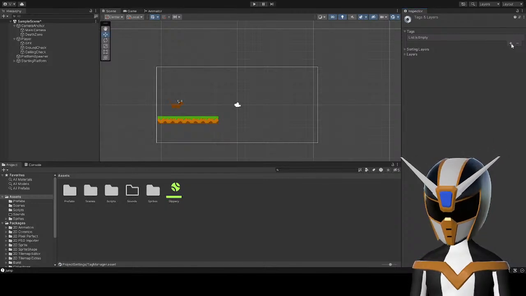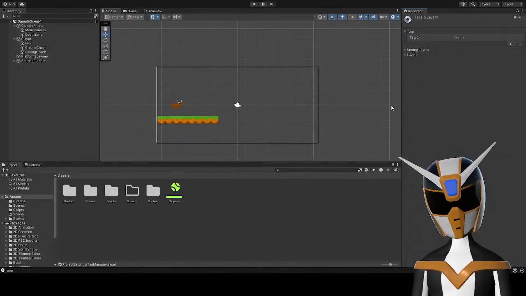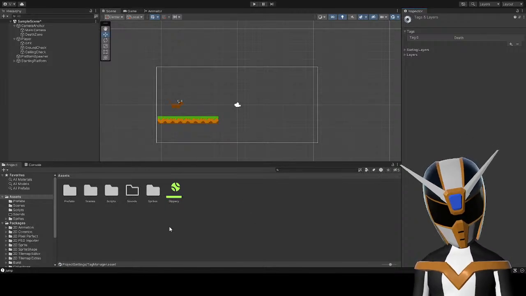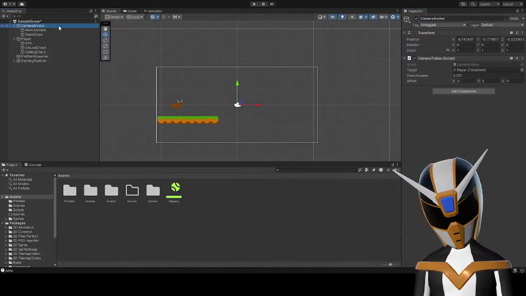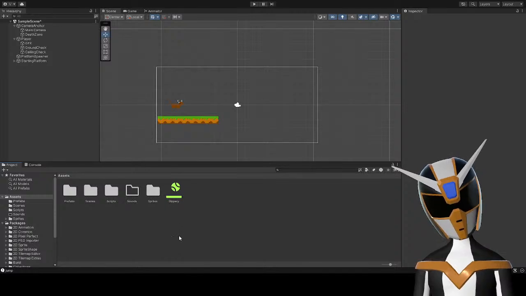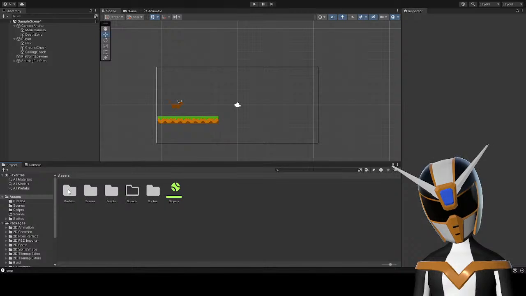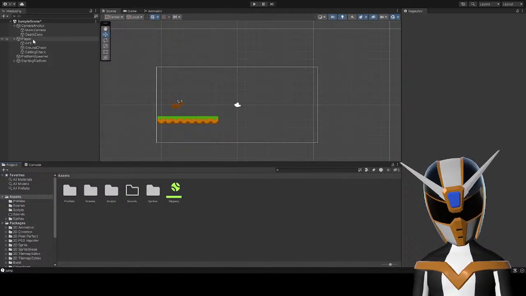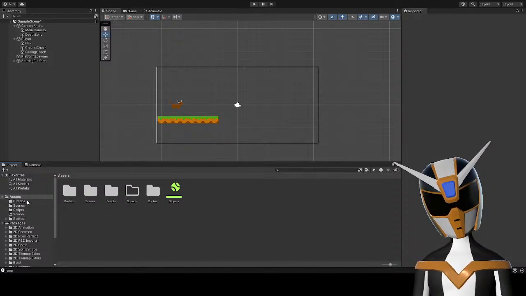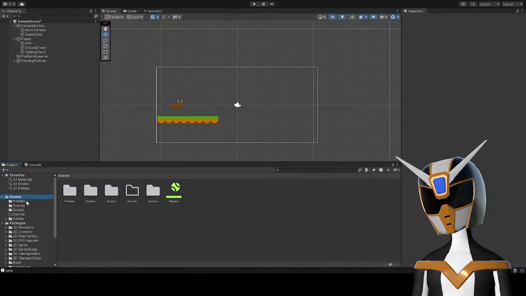Add the death tag, and I can add that to any like enemy that I might want as well. And then I don't know if I really need a health script, because I think this game is going to be like just one hit and then you die. Probably. I assume so.